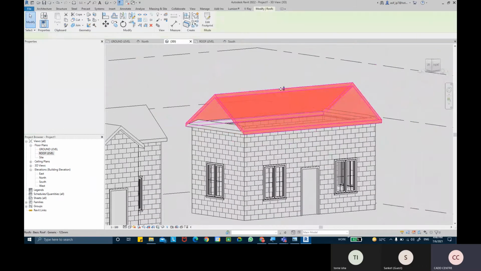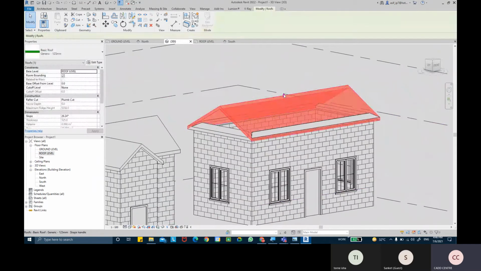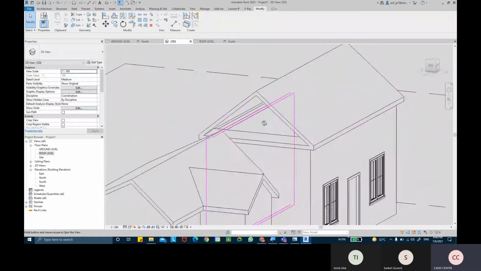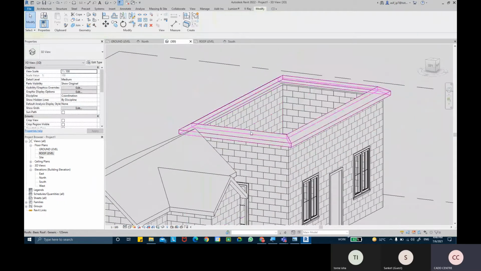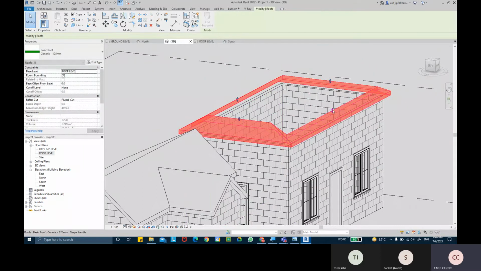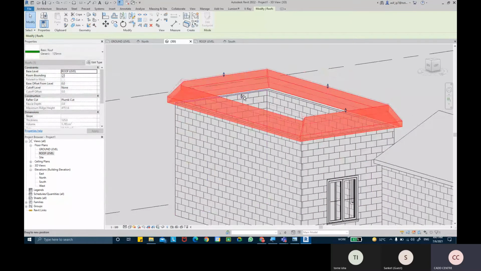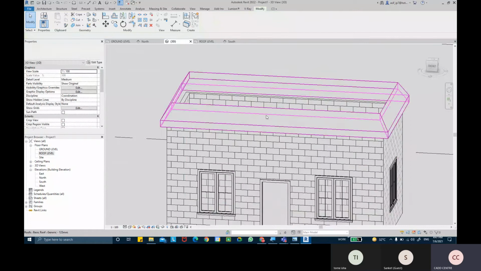Yeah, we don't require the wall to be continued over here. Okay, that's because it's hollow from there basically. Yeah, for ventilation purpose. So we can drag this a little bit up. We should create the other one basically.